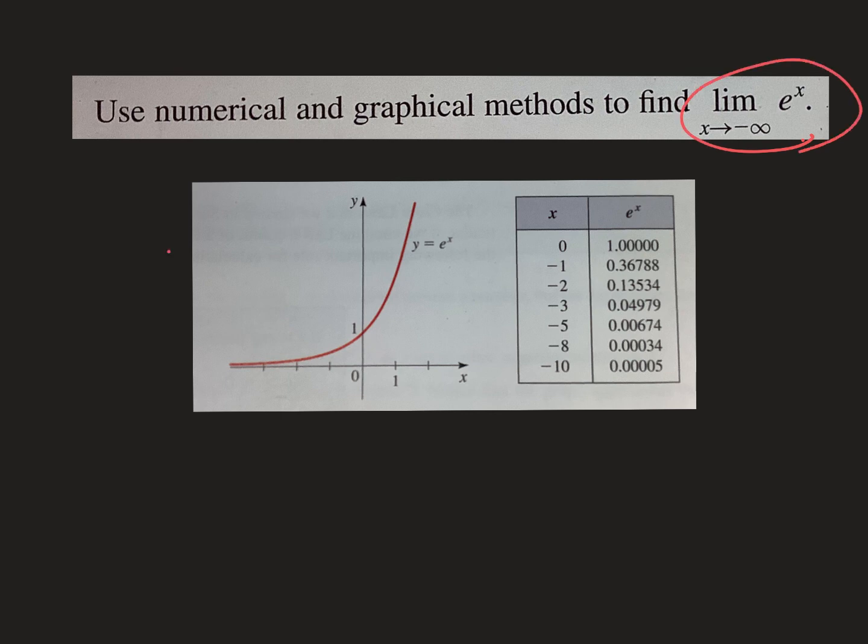And what I've done down here is I've taken a picture of the graph of y equals e to the x. Now, don't forget, we're going as x approaches negative infinity. Okay, so it means we're going left. So graphically, you can tell by the picture, exponential growth as you go to the left, it's getting closer and closer to the x-axis, which is 0, by the way. And what I did here, I took a picture of the table, just plugging in,